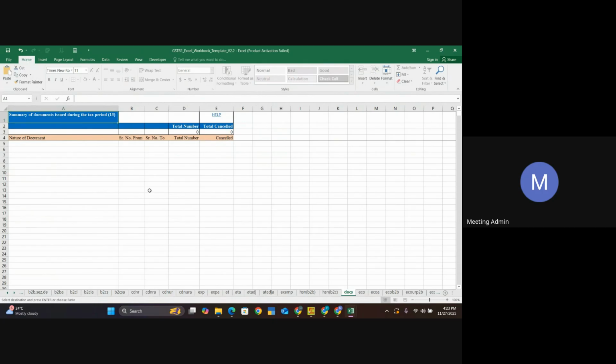Okay. Here we'll be going to record all the summary documents issued during the tax period. So the summary, we will record here, the total overall: how much the invoices raised, how much B2B and how much B2C has happened, as well as exempted, everything you're going to give under here. So here the nature of the document you'll be giving as a,